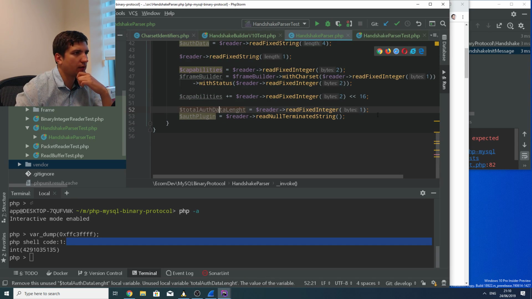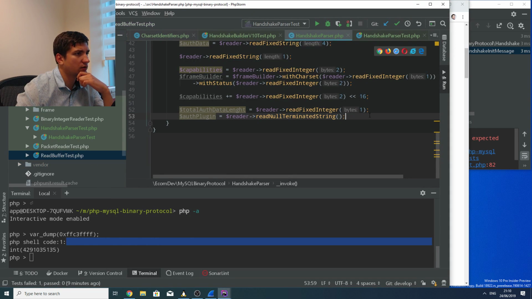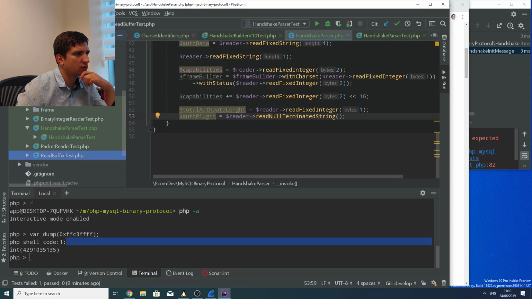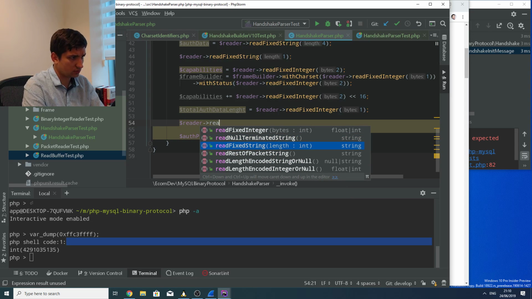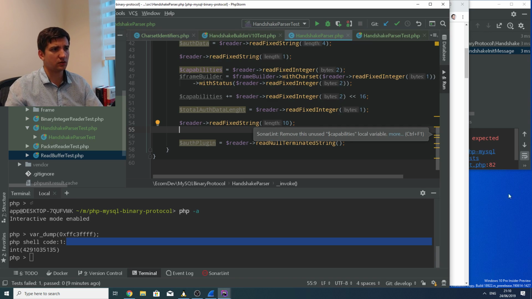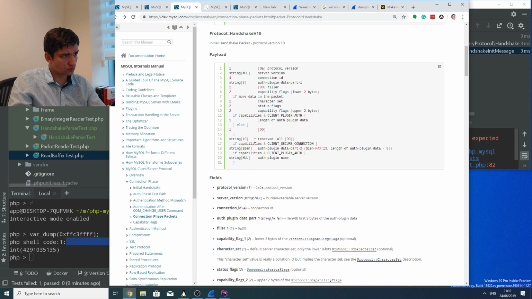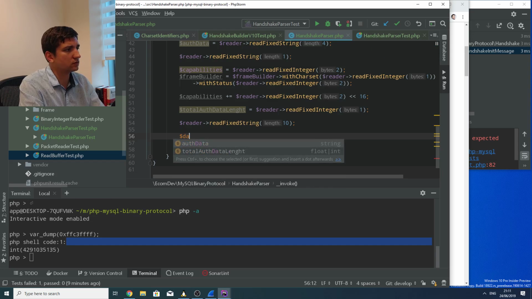Then total of data length, this is gonna be in capabilities. Okay, so we need to check for capabilities, but we know it's there. So for now we just read it. Then it's 10 digits. After that, reader read a fixed string of 10. We just ignore those 10 characters and then into of data